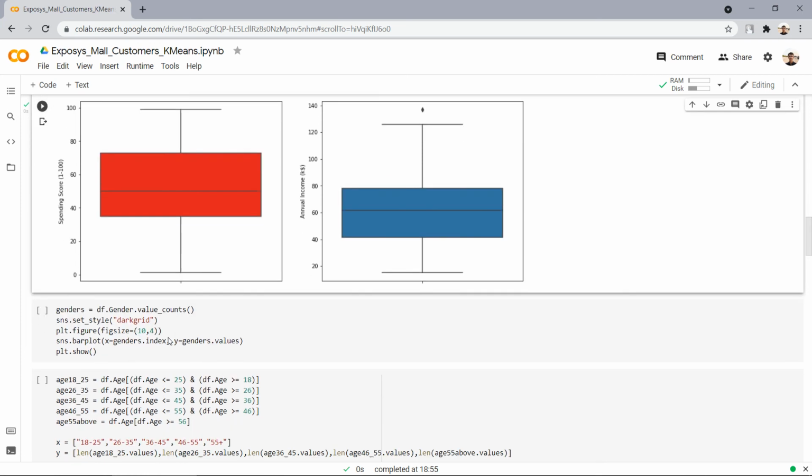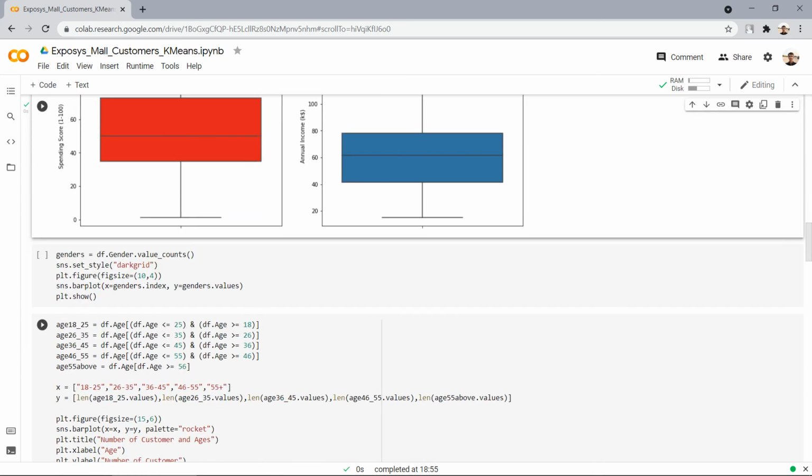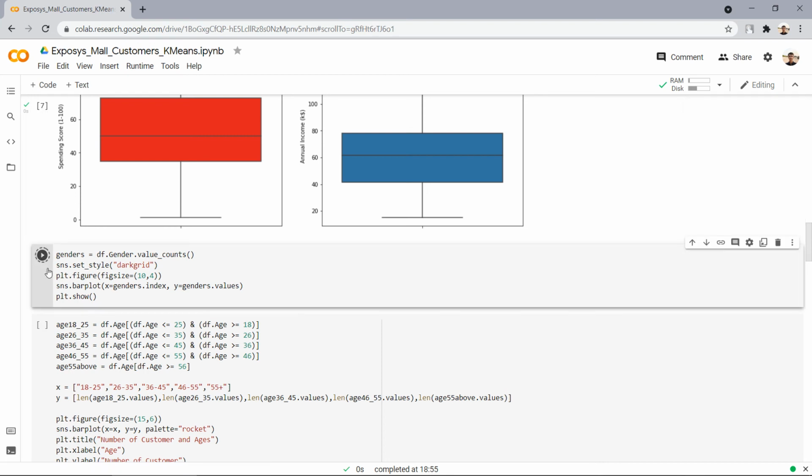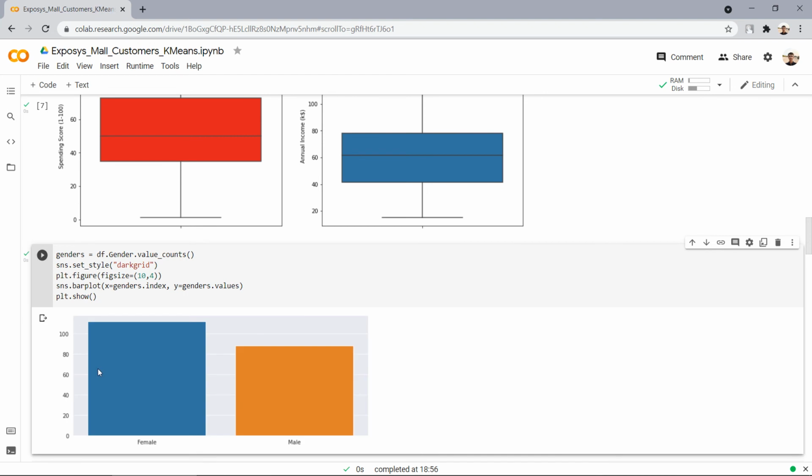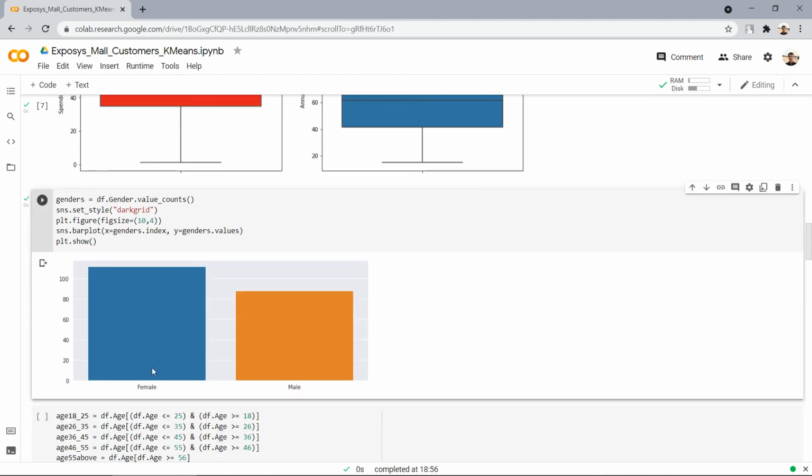Next, we have to plot a graph to check the distribution of male and female population in the datasets, taking genders on the x-axis and values on the y-axis. By seeing the output, we can clearly see that the female population is more than the male population.